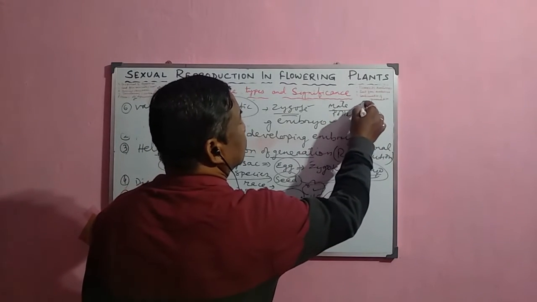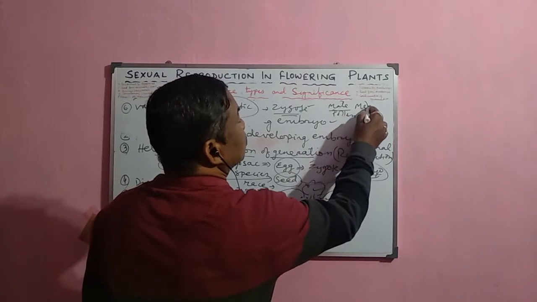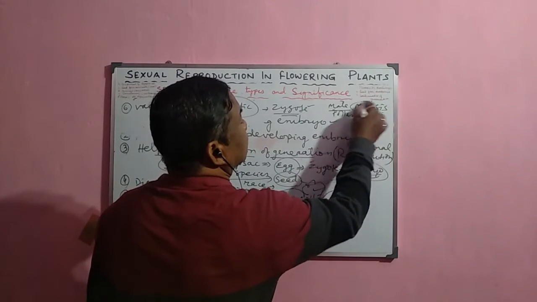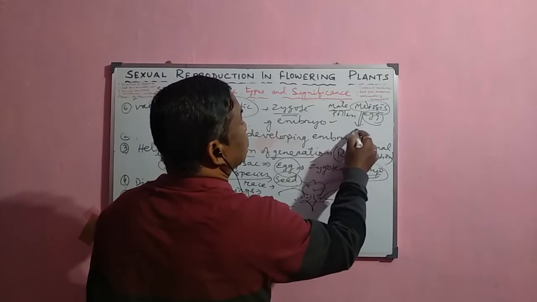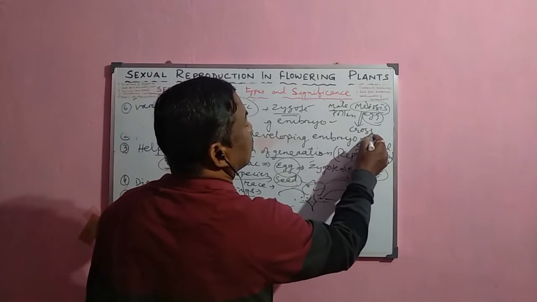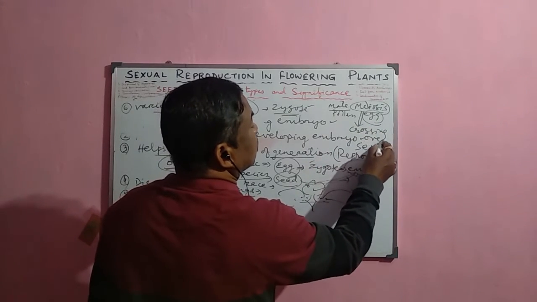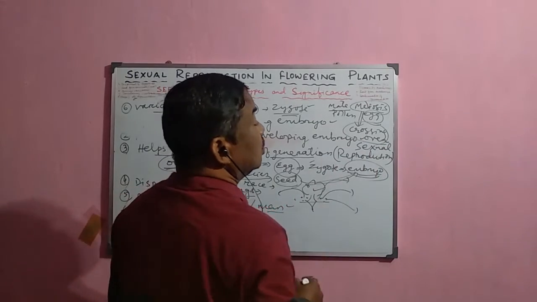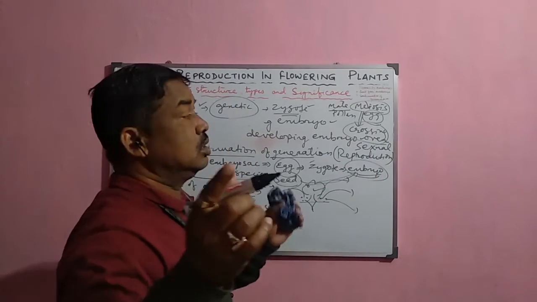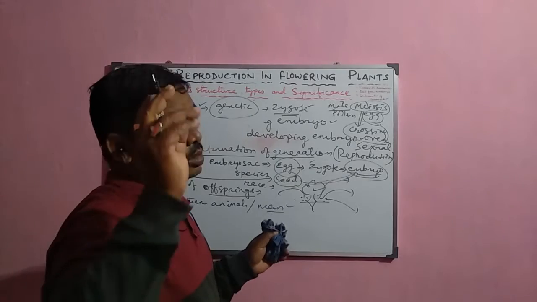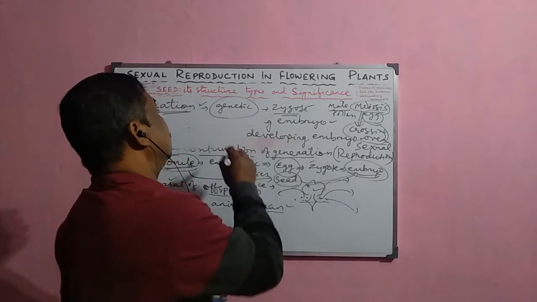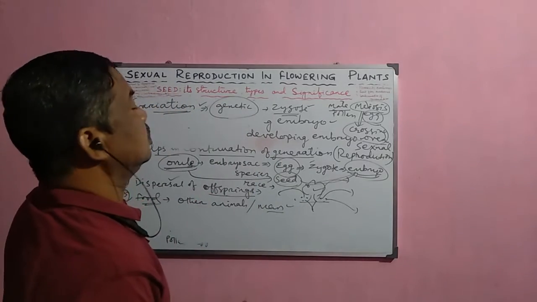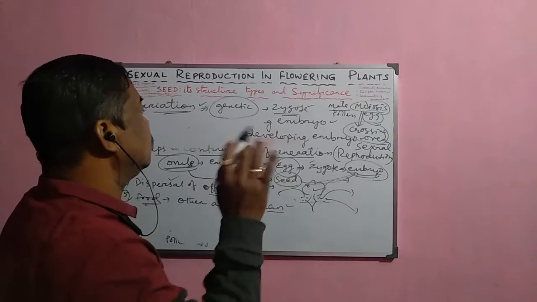But during this formation of the egg cell, normally meiosis occurs. It is a special type of cell division, and during meiosis what happens? Crossing over occurs. And due to this crossing over, what happens? Normally the exchange of the segments of the non-sister chromatids occurs there. So due to this, the variation or the genetic variation is observed in the offspring, and through the seed it is transferred.